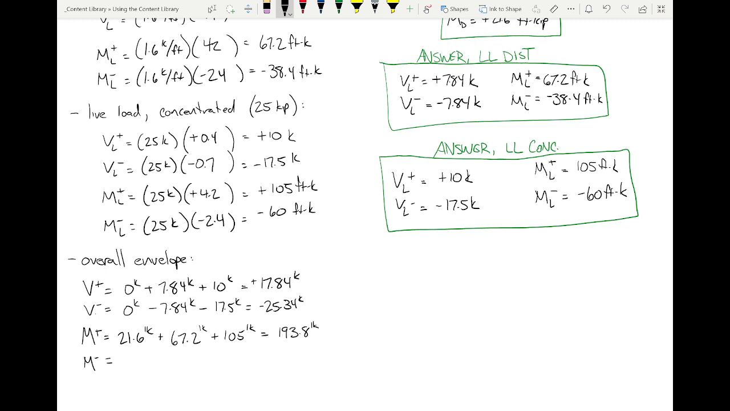What about the minus? So I would take this value, which is constant, the dead load moment doesn't change, minus, what is that? Say it again. Negative 76.8. So